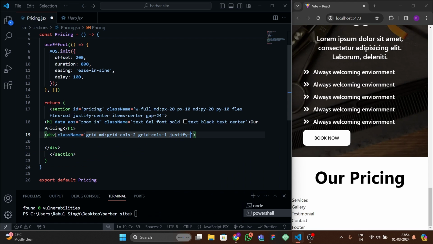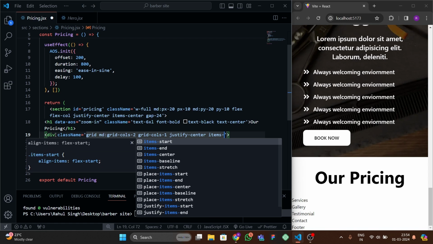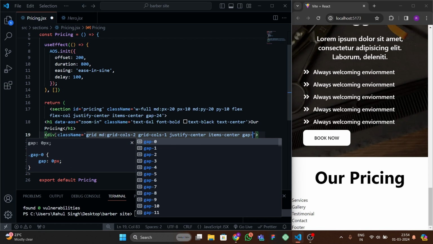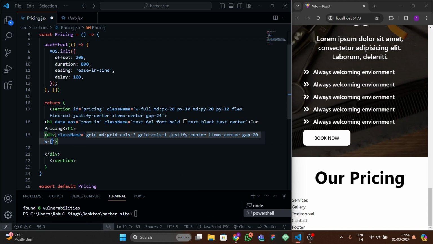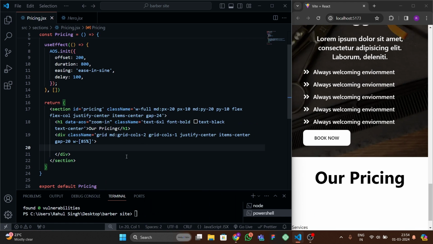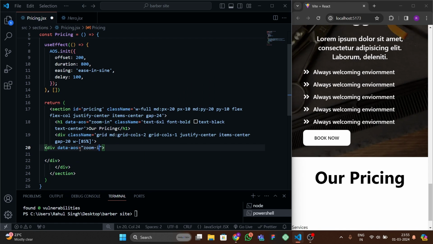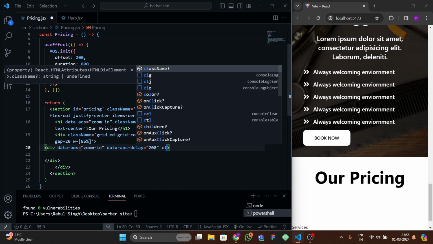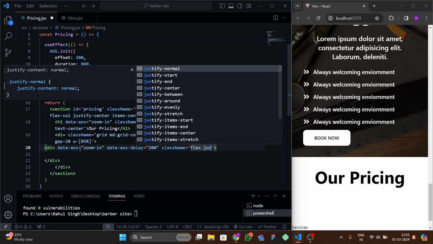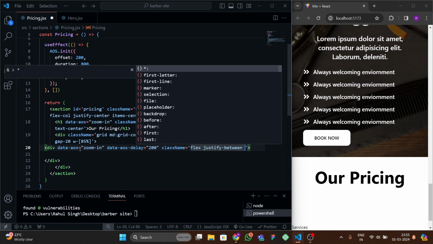Okay, then write here justify-items-center, gap would be 20 and width would be 85%. Let's format this. Okay, then inside this we have this div. Zoom-in, and for the AOS delay 200, flex, justify-between,